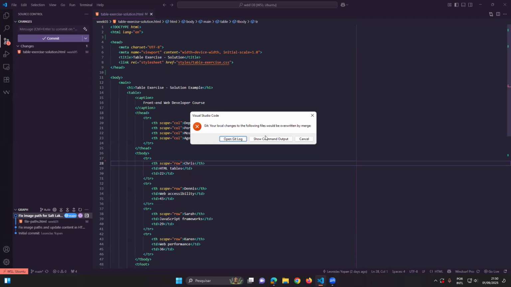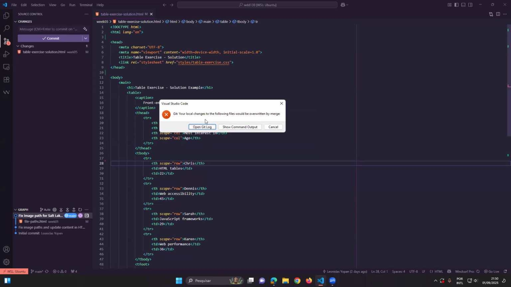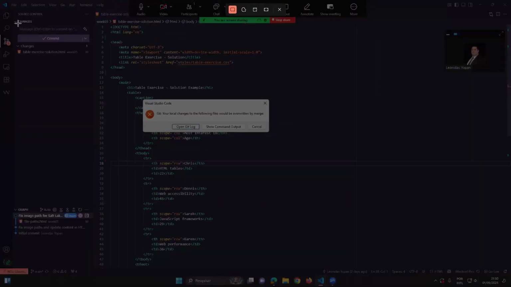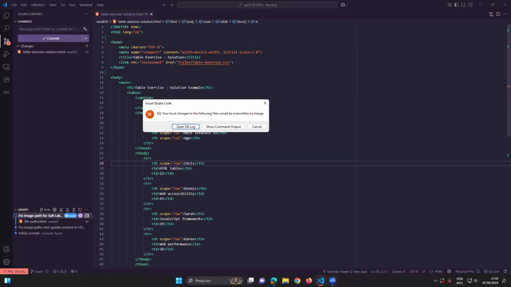But if you happen to have problems with the software, for example with Visual Studio Code, I have created a problem, an error here in my Visual Studio Code just to show an example. This one is related to Git, but it could be a problem with something else. You are allowed to use artificial intelligence, for example ChatGPT, to solve this kind of problem. And a simple way to do that is to take screenshots. You could take a screenshot of your computer of the problem you're having, like that,